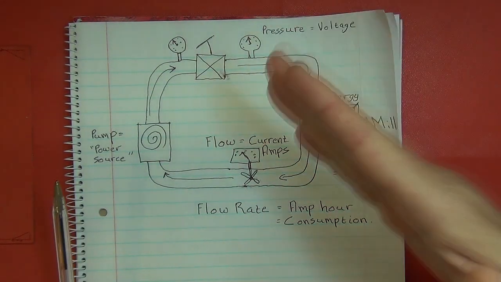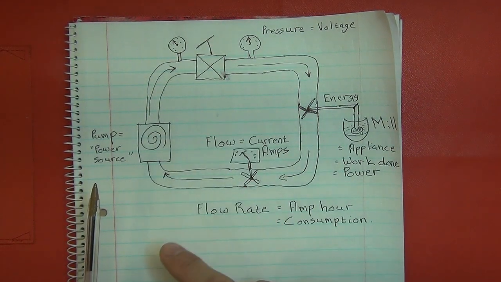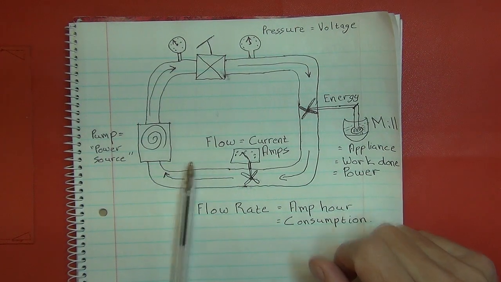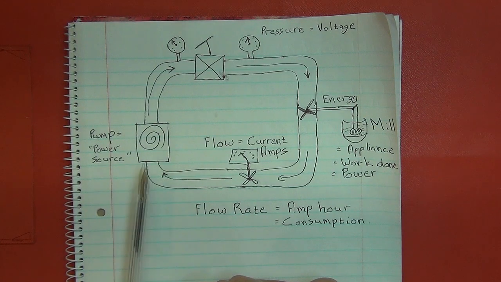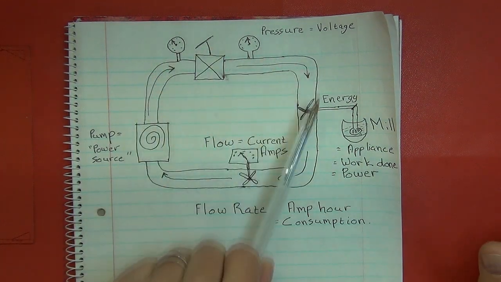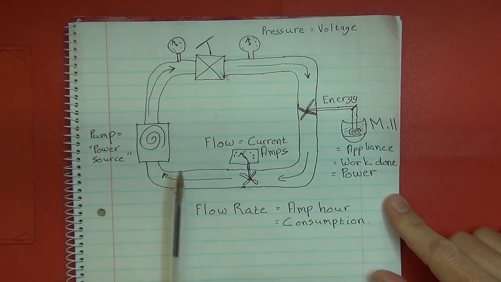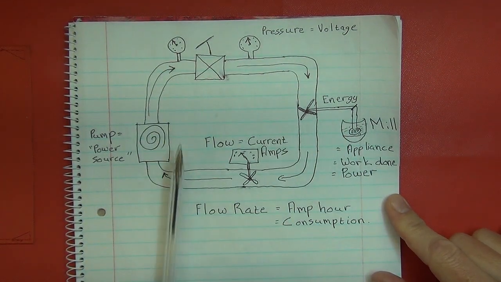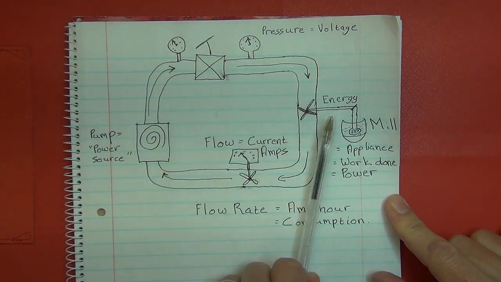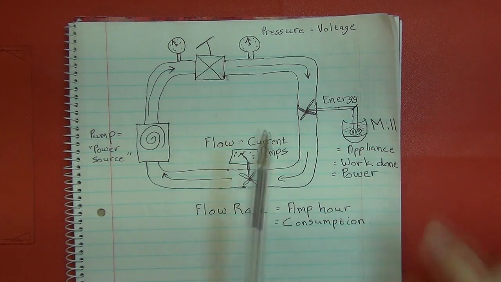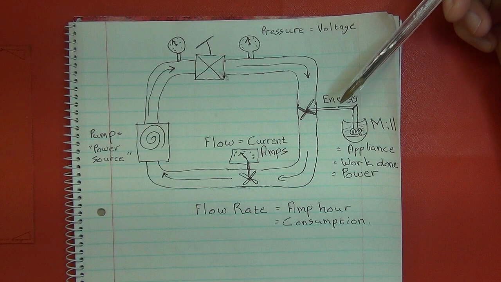Now in reality, if you cut a wire, you're not going to see electrons flowing out the edge, hopefully. But the analogy is the same. If you break the pipe and the water's flowing out and not going back up through the system, you're not going to have the water flow to power your mill. Likewise with the wiring system, if you have a break, the electrons are going to stop flowing, and your appliance is going to stop working. So let's now pretend we go back to having a complete working system.